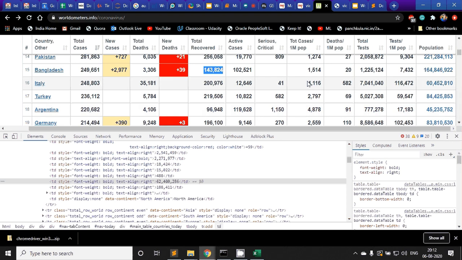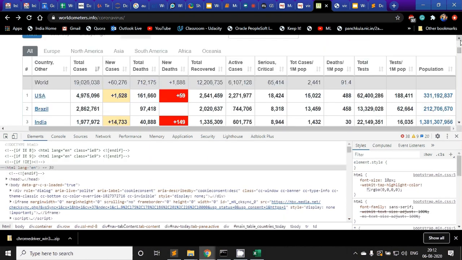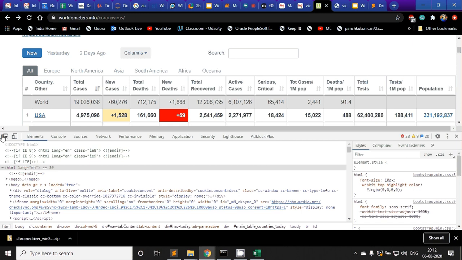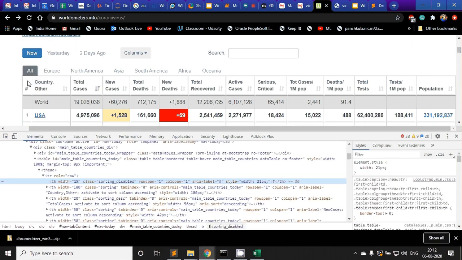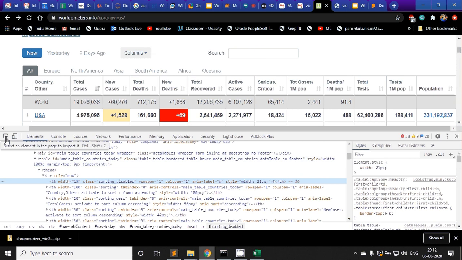When I click this particular button, we will discuss it again when we come to the developer console. But if we click this and then click on any element on the web page, it will take me to that element and show me the tag responsible for it. So we can see the total recovered element.